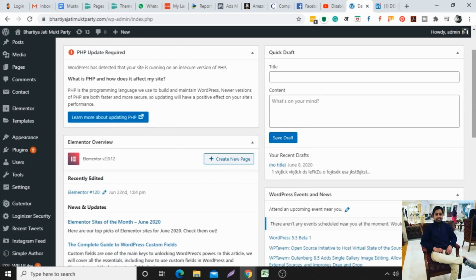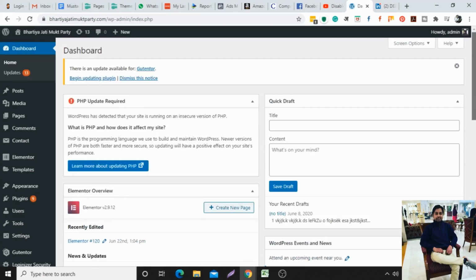Okay, so basically the comment feature is added so that the users who are visiting your website can share their opinion about the post or the content which you are providing on your blog post. There are some pages in which you would not like to have comments from the users. So if you want to disable comments from specific pages, just follow these instructions and you will be able to easily disable the comments from your pages, posts and any other category you want. So let us see how to do it.